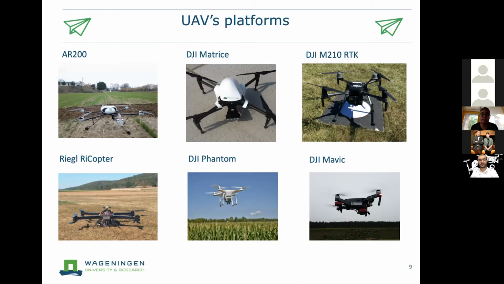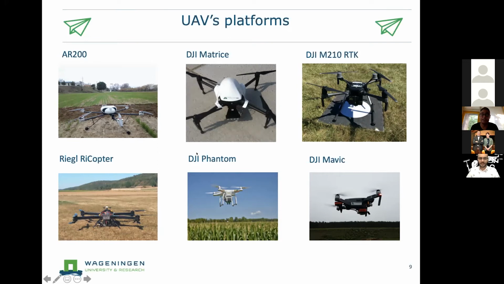That is based on my experience. There are some others, but I believe that this is already quite a large number of platforms that we can review. So you can see that we have the first platform that is from a German company called Air Robots. This platform I worked with in the past, while I was in Spain. It's a large and very professional platform with which you can ship payloads up to 5 kilos.